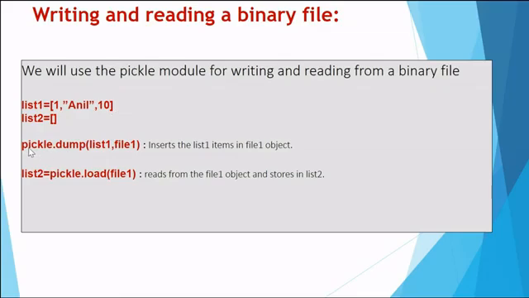I will import pickle and write pickle.dump(list1, file1). I want to write list 1 into file 1. So it needs 2 arguments or 2 parameters. The object which I want to write need not be a list; it can be a dictionary or a tuple. Okay, so I want to write it in the file. And when I want to read from the file, I will say load and give the name of the file, and it will return me the list, and I need to keep it in an empty list L2. Okay, let us see practically how it is done.